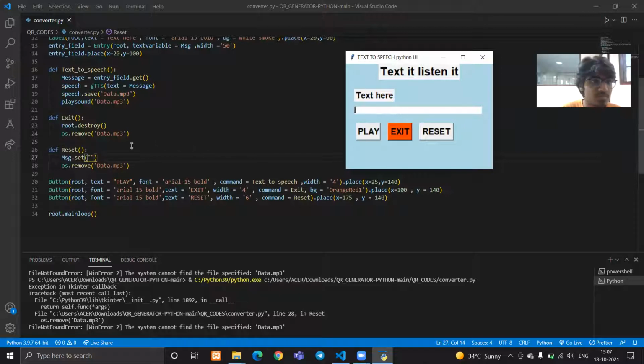We are converting the text field into an empty text field, no matter whatever is written in it. And now with this OS, our operating system will also remove the data.mp3 file, if we have made it the very first time.